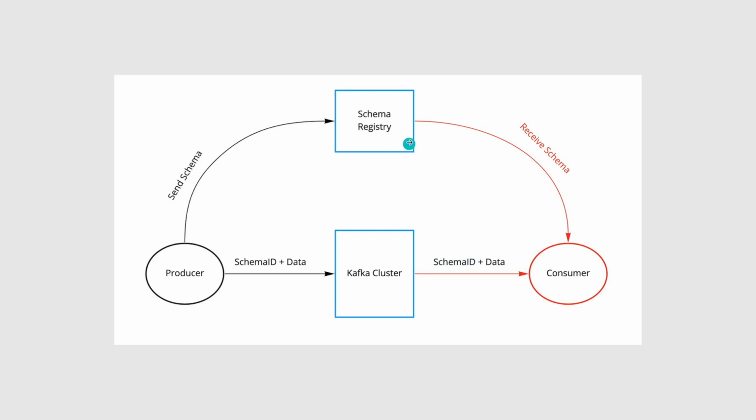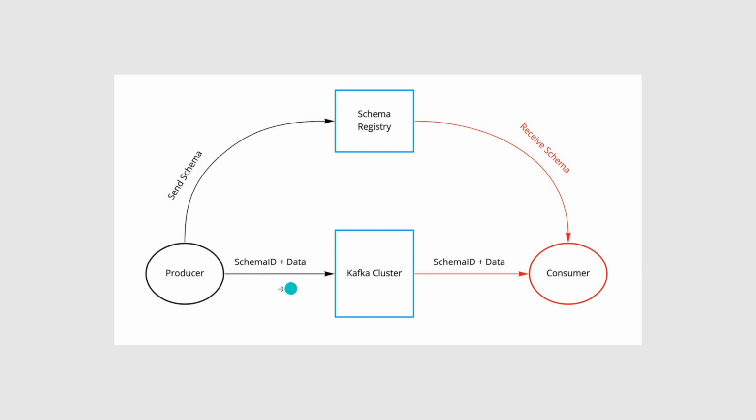And if it's a proper contract, then it will work fine and we're good to go. If not, then it's going to throw a pretty fat error, and you're not going to like that, and you're probably going to be really mad. But this is the flow, full circle. And if the producer sends the information again, it's going to check, okay, does this schema match what I already have within the schema registry? Because like I said, it's going to cache it, so we don't have to keep checking every time. We just have to check if the ID is the same. And if it is, then we don't have to keep sending the schema.